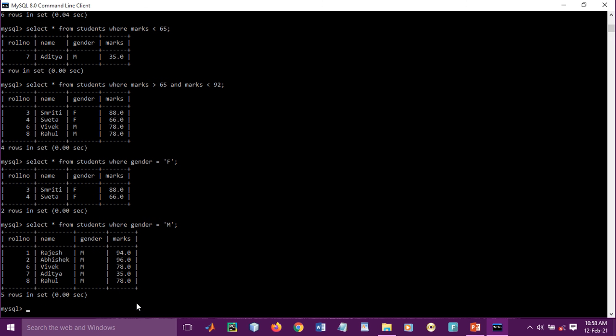So here we write this statement as marks greater than 65 and less than 92. In place of this statement, you can also write the between keyword. So for using this keyword, you have to write where marks between 70, like previously we have typed 65 and I think 92.